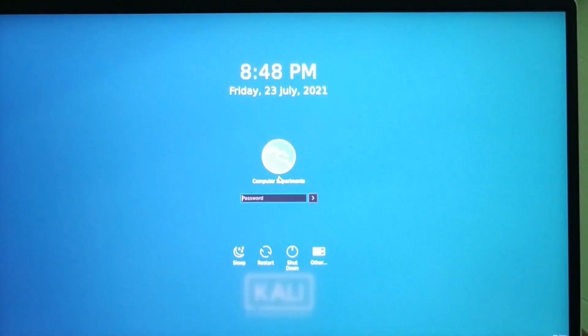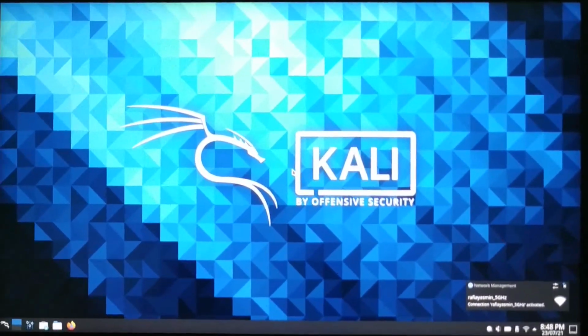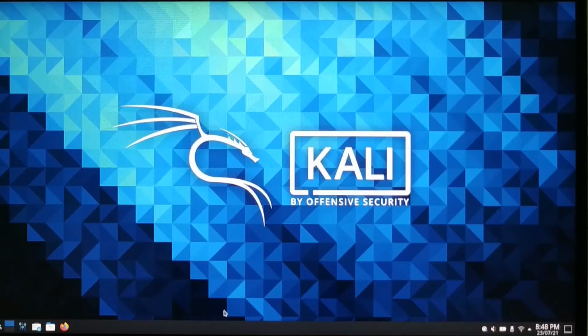Here again I will put the password, and we hit enter. So this is the Kali Linux operating system.